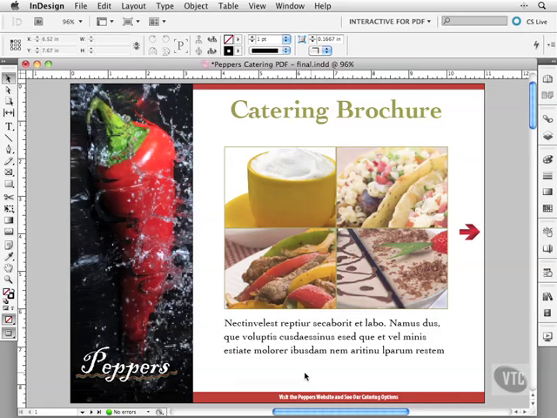Now we've added the home button, which we saw in the last movie. We've got the page-to-page navigation, but we'd like to make this document even easier for our clients to read. Here we have the 4 items we've got. We've got breakfast, lunch, dinner, and dessert. So we want to make it easy so they can just click on one of these and go to the